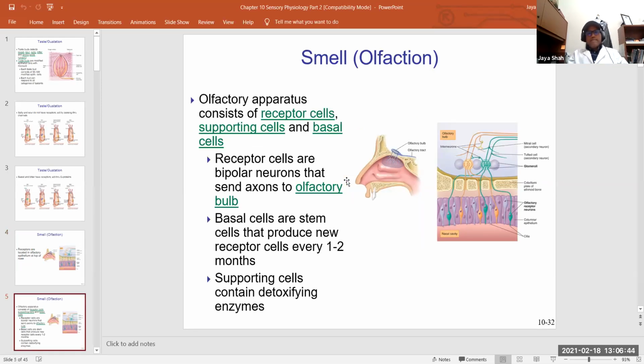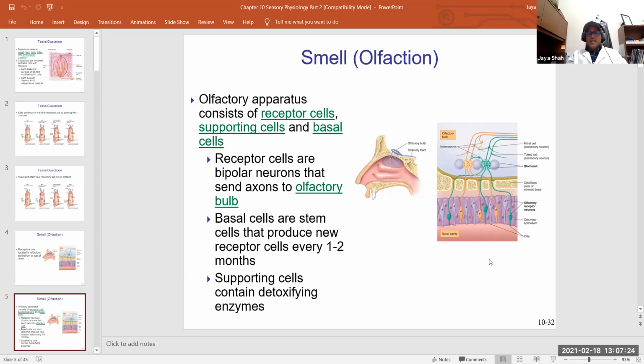So in the olfactory apparatus, there are several kinds of cells: receptor cells, supporting cells, and basal cells. Receptor cells receive the chemical compound. Supporting cells contain the detoxification enzymes, and the basal cells, when these receptor hair cells die, replace them by mitosis of